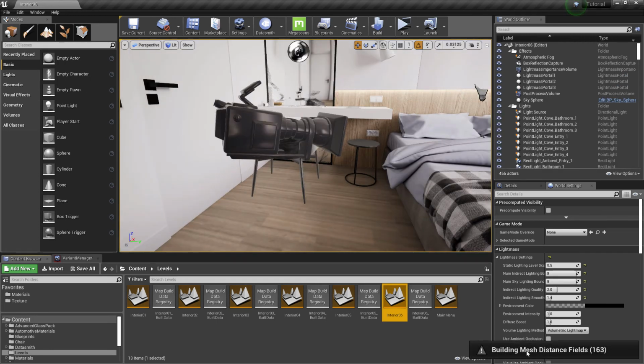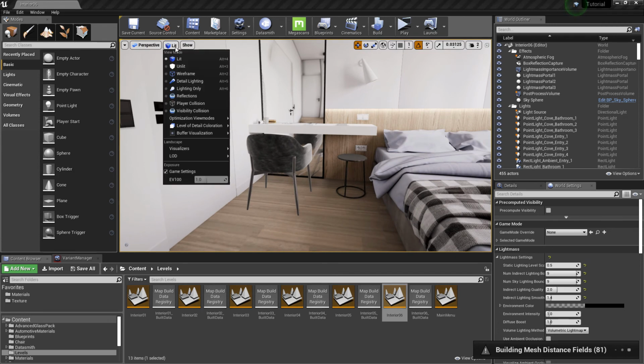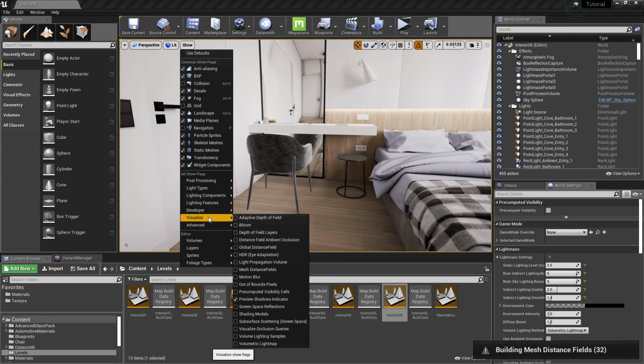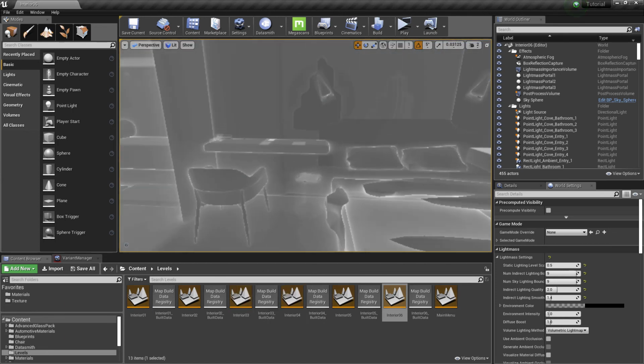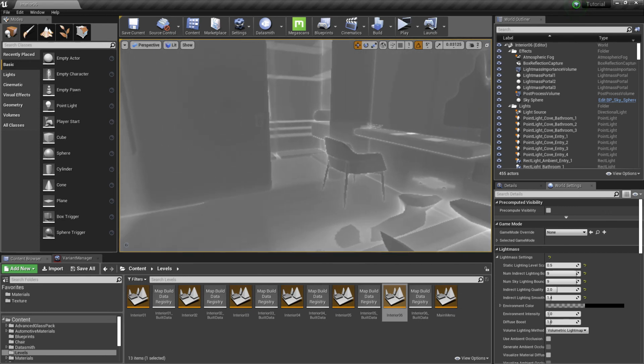Open the level and wait for Unreal to finish building mesh distance fields. This is mesh distance field for all the objects, and this will help us to fake the shadows.